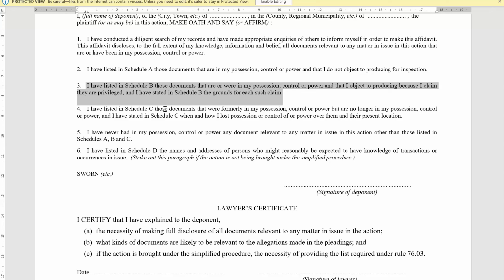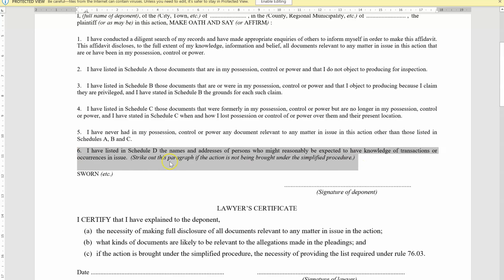If those documents are held by someone else, then you provide that information. So you basically explain why you do not have those documents anymore in your possession. You also need to, under Rule 76, provide a Schedule D, which states the names and addresses